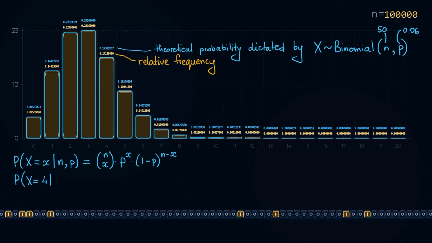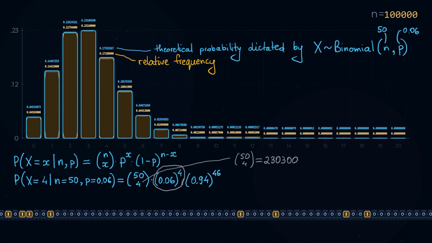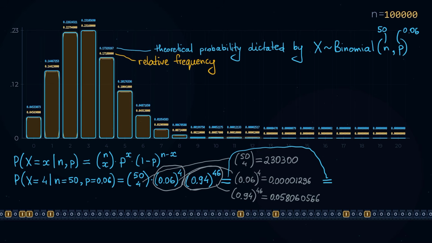And let's unpack for a moment one of these theoretical probabilities, one of these blue values, and notice that in the computation of that probability, there is a very large number, which is the combinatorial term, in this case 50 choose 4, and a very small number obtained as the product of fractions raised to high powers. And when we multiply all of these together, we get that reasonable value of